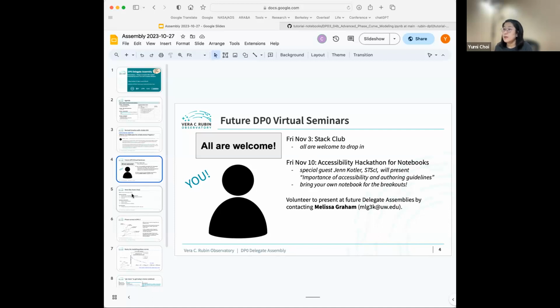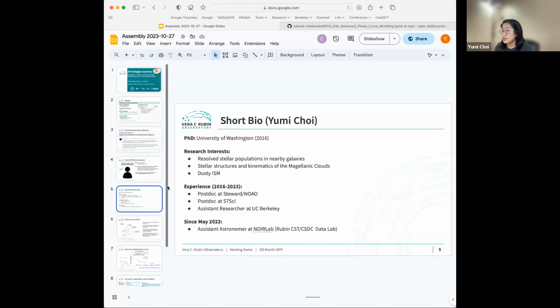Okay, and then before jumping into the first notebook that will be presented by Christina, let me introduce myself briefly, as this is my first presentation at Delegate Assembly. So my name is Yumi Choi. I did my PhD at University of Washington. And my research background is resolved stellar populations in nearby galaxies. And I study stellar structures, kinematics of the Magellanic Clouds, and star formation histories of the nearby dwarf galaxies.